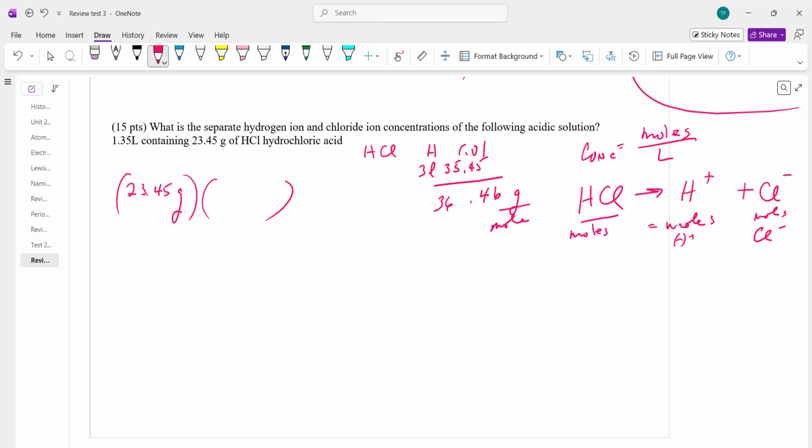So what do we multiply to get moles? Well, molar mass. Grams have got to cancel, so the grams have got to be in the bottom. So grams cancel gives us moles. Now we've got the volume, 135. So it's going to be